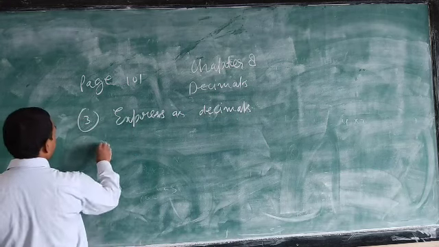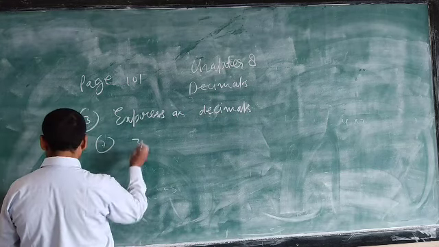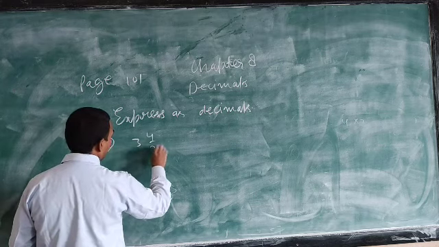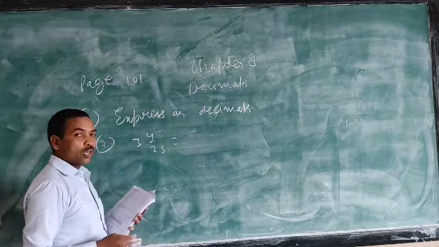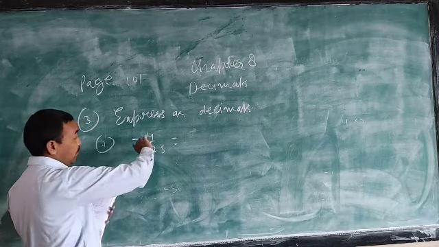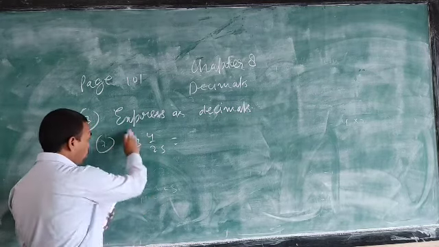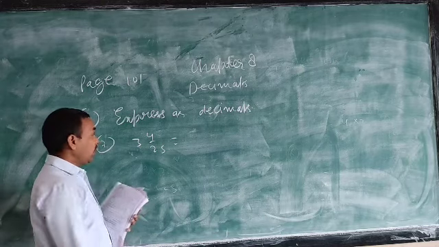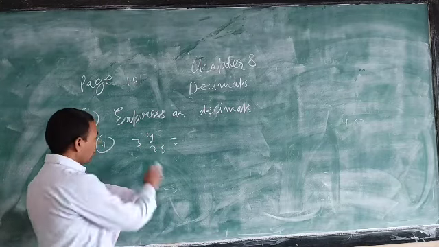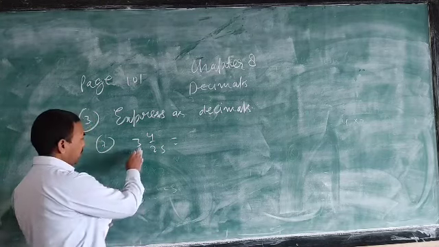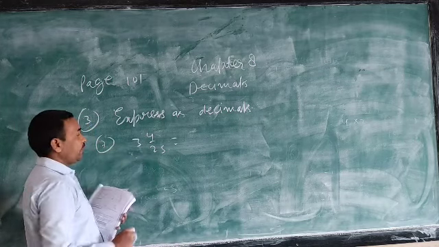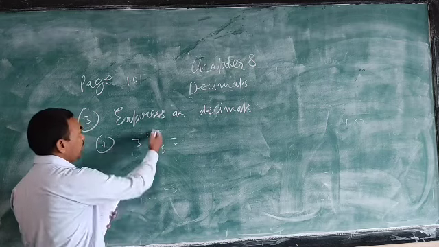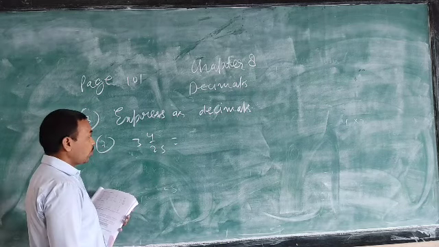Now see 3 and 4 by 25. Here 3 point something will come because the whole number part is given 3. This number consists of two parts: the whole number part, and the second part is a proper fraction. So the whole number part will be 3. That is, before the decimal point only 3 will be. What should be after the point? We have to discuss 4 by 25.